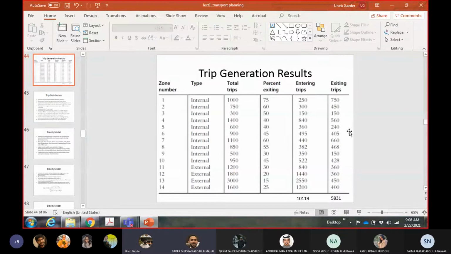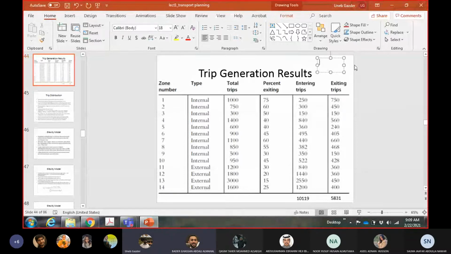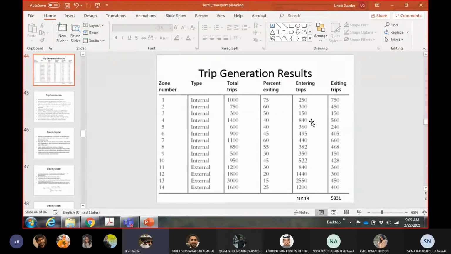Okay. Now they should be equal, and the usual scenario is that the trips produced are considered to be more reliable than trips attracted. So you will adjust trips attracted using trips produced. We will take the ratio of trips produced upon trips attracted. How much is that? Give me that ratio. 0.58. Okay. Now all trips attracted should be adjusted with this factor.